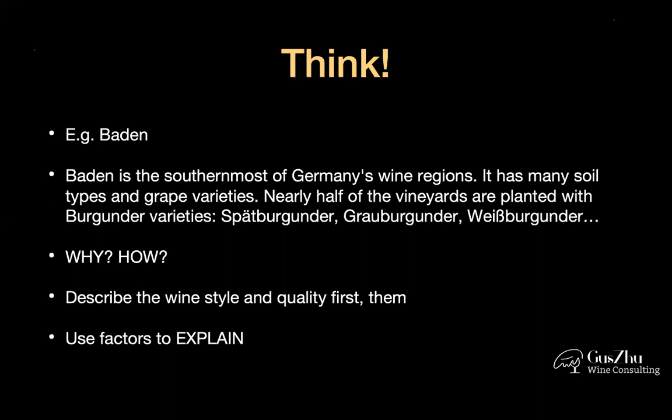You will also learn that certain parts of Baden can even ripen grape varieties like Merlot nowadays. And why is that? Because certain parts of Baden are located towards the southernmost part of Germany, almost towards the more Italian side. So those parts are warm enough to even ripen Merlot nowadays. Think about those kinds of things.